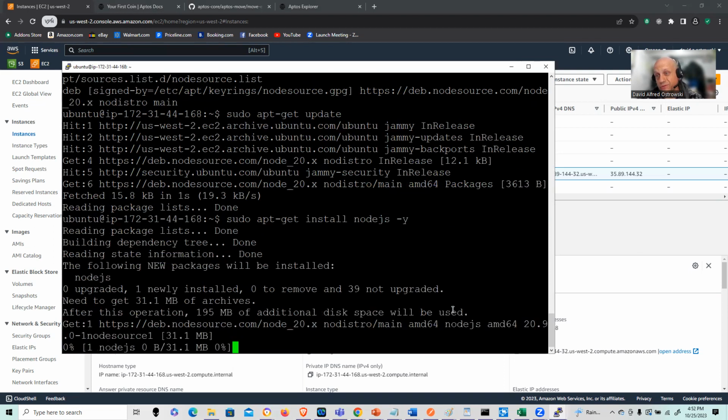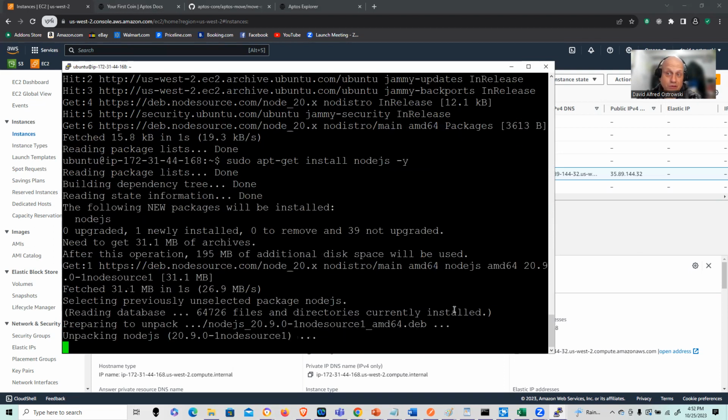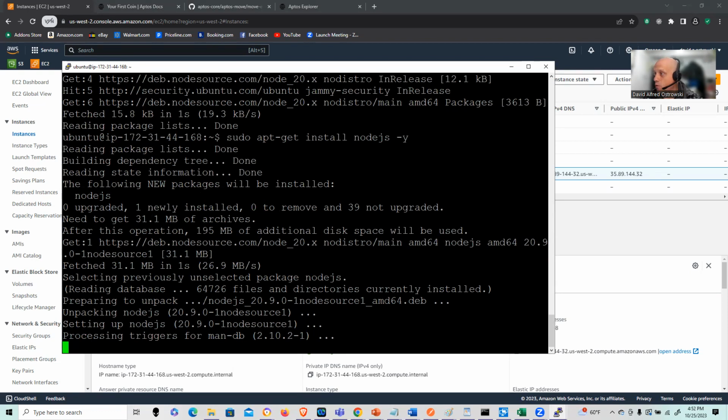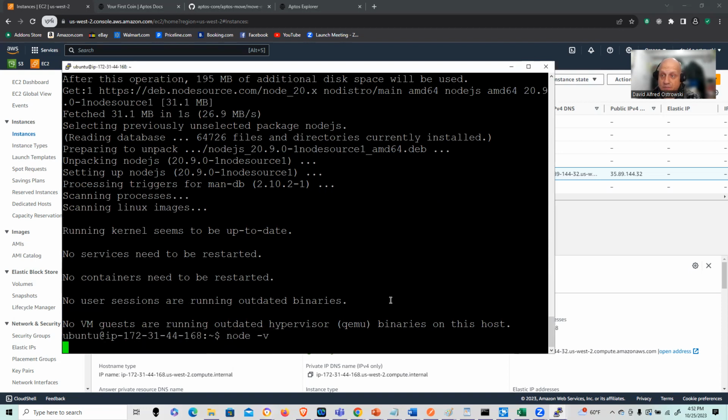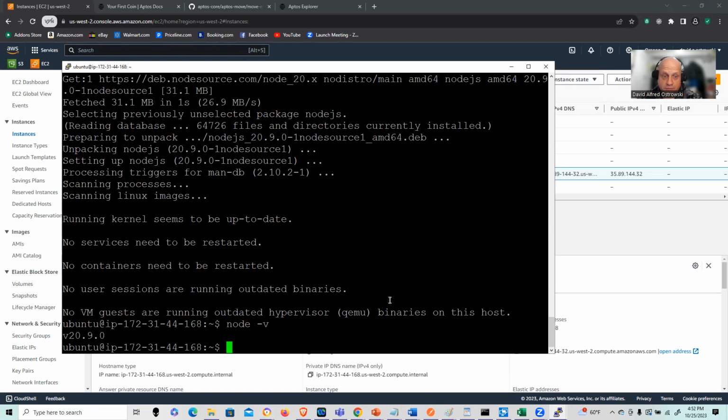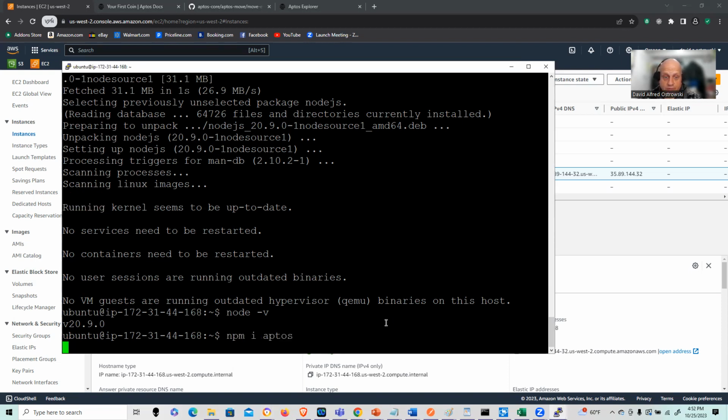Now, if you ran through some earlier tutorials with Aptos, you could use the same exact configuration. They haven't changed anything. So you can fast forward about 1 minute, and that'll take you through. I didn't put anything extra to get to this from the initial 2 Aptos videos that I made. So I got Node 20 installed. So now I can install the Aptos core or the Aptos libraries for